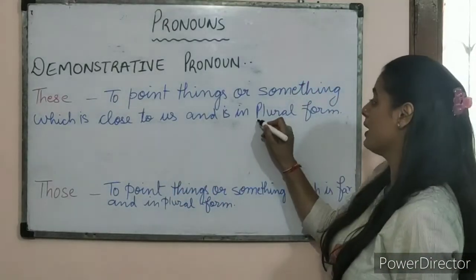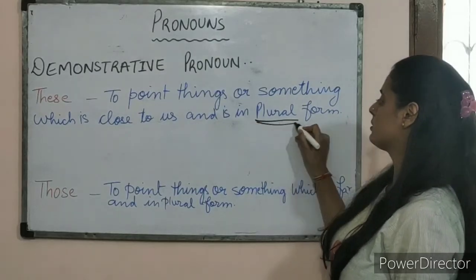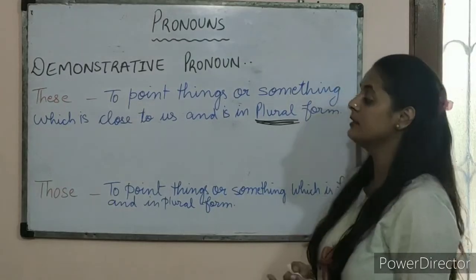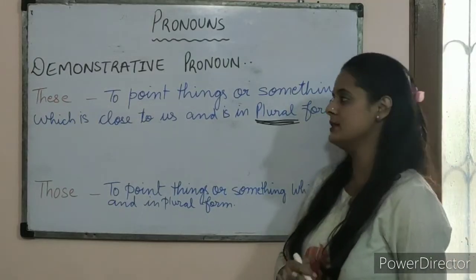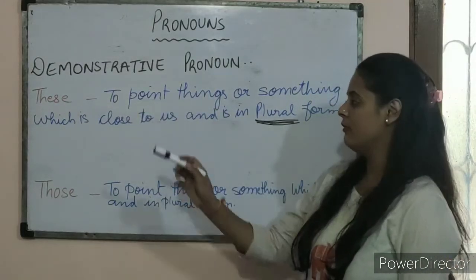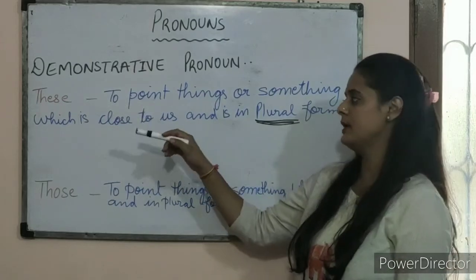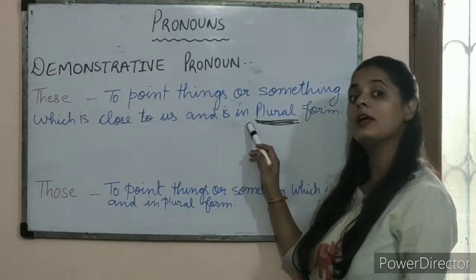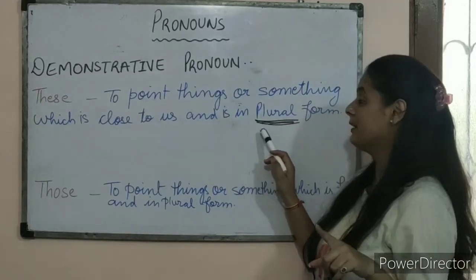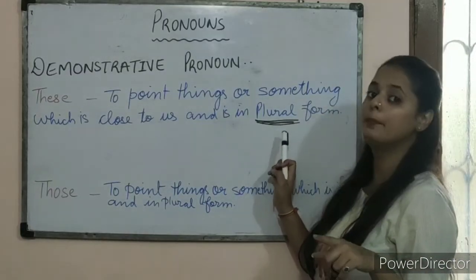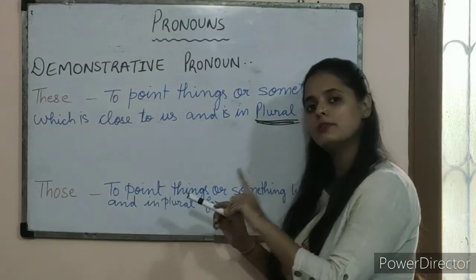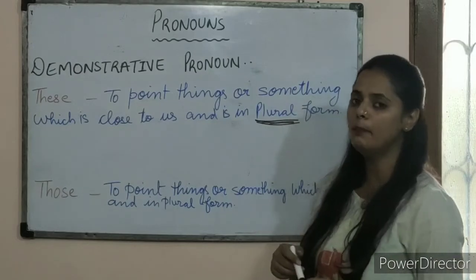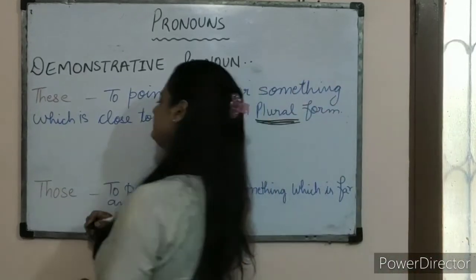Now here, students, you have to make sure that this is very much clear to you. Why? Because in THIS, everything was the same. For example, what I am trying to say is, pointing at things or something which is close to us and is in that THIS I had written singular. So here it is plural. Okay. THIS will always come with the singular form and THESE will come with the plural form. For example,